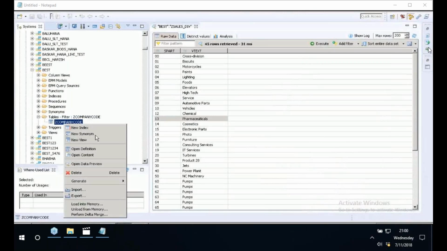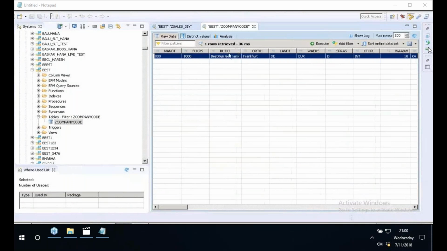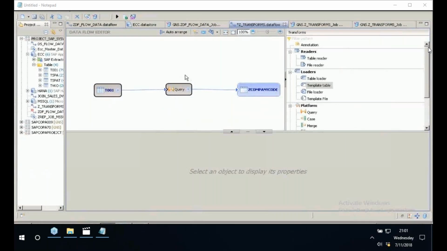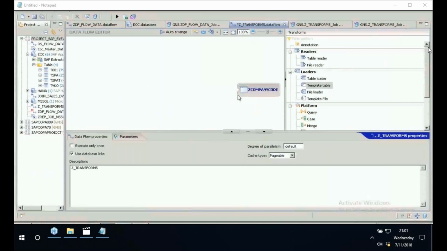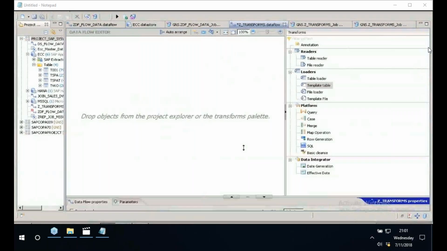Data preview. So I tried to load only one company code, only company code 1000 here. Now we know the difference between table reader and template table. For the next exercise, I'll remove everything. Next one is